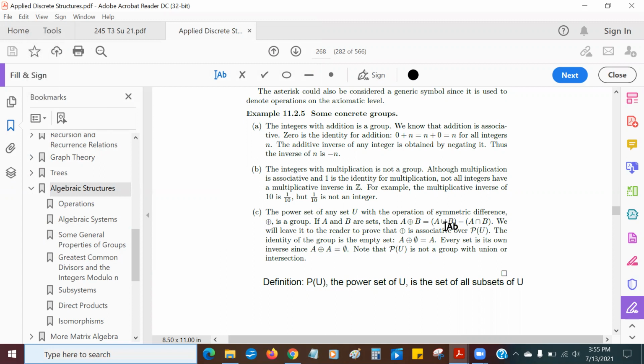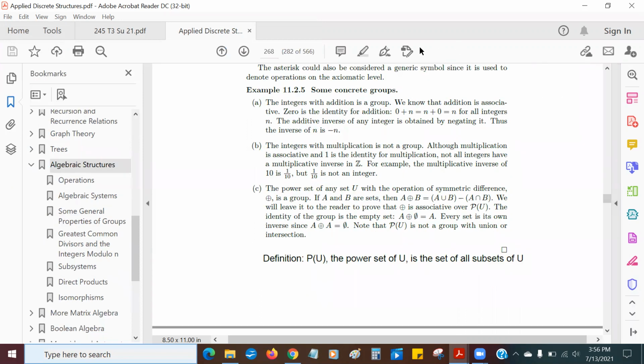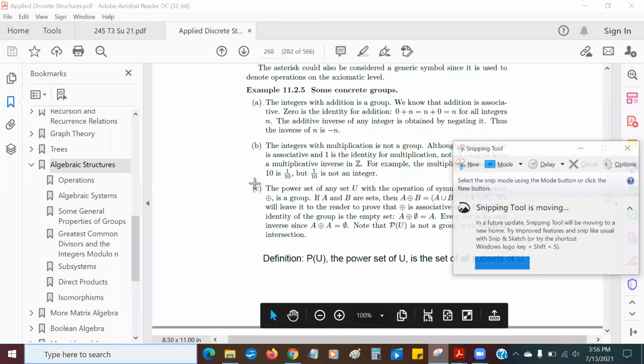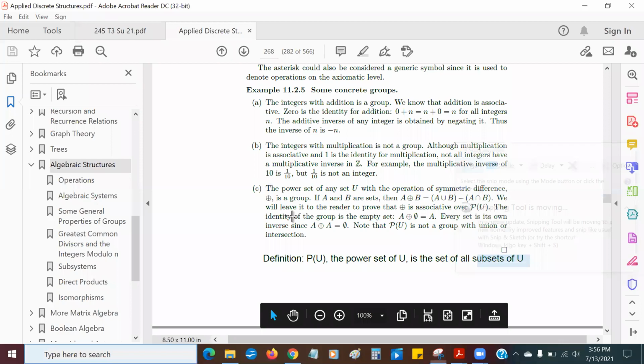Now, how do you show that this is associative? How do you show this is associative? So let's go look at that. How do we show that symmetric difference is associative? I'm going to take this here, copy this whole thing, and paste it into our